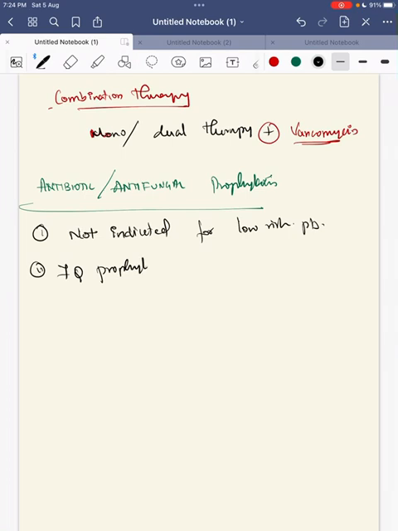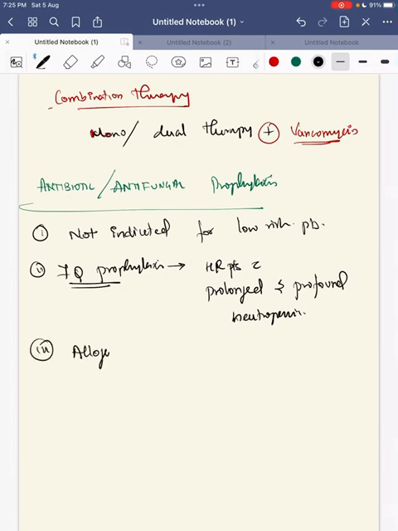You can use fluoroquinolone prophylaxis for high risk patients with prolonged and profound neutropenia. Okay. Third, when the child has undergone allogenic hematopoietic stem cell transplantation, or when the child has undergone